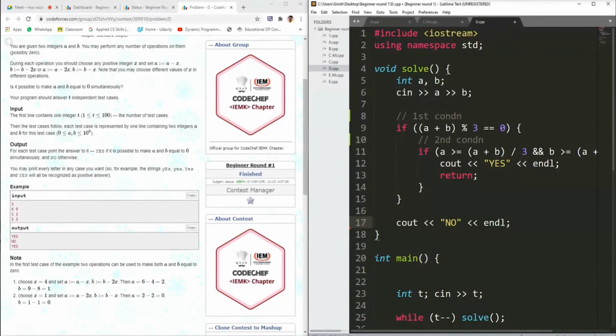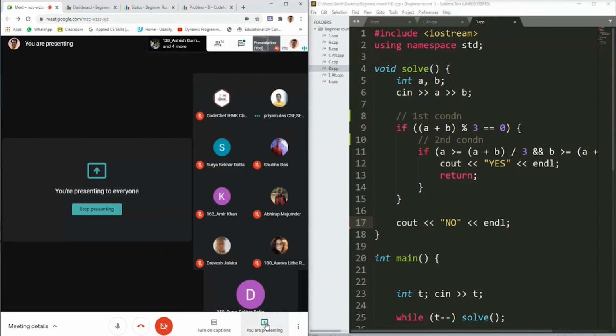Have you solved the coin question? Yes, we will be coming to that particular question, problem A, that will be taken by another member of our group, Shubho Das. Okay, then we shall be moving on to problem E and A. Shubho, you can take over.